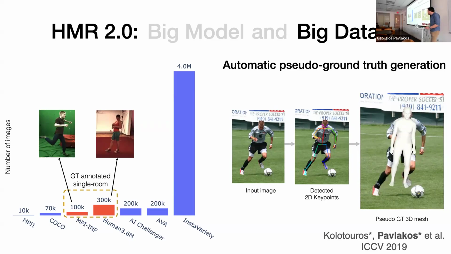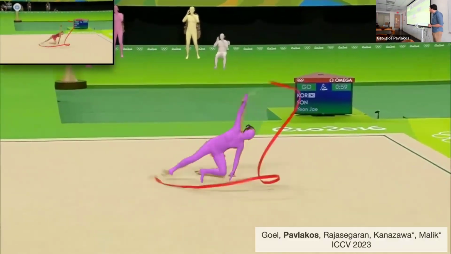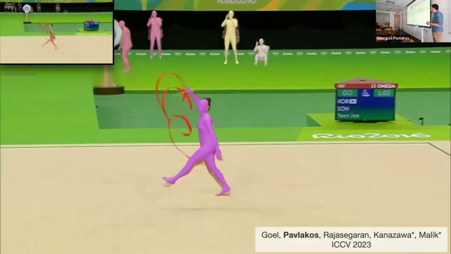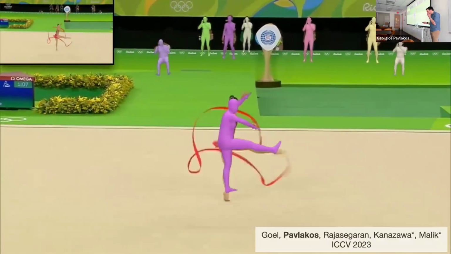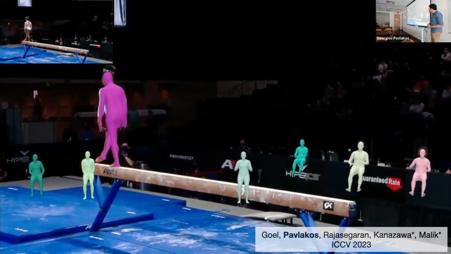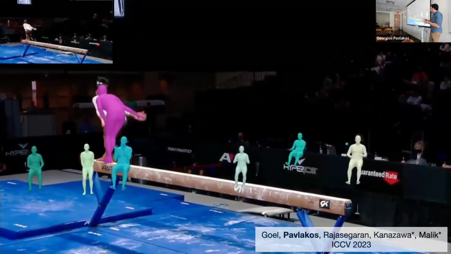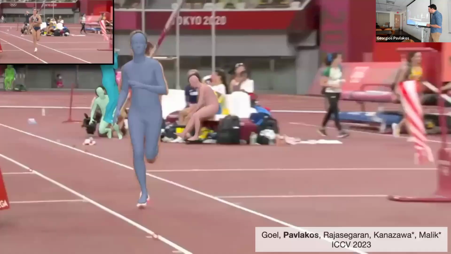Pretty far, actually. Here we tried this on a large variety of images and video. Primarily, we tried these more extreme motions from rhythmic gymnastics. We tried it on regular gymnastics, and on track and field. All those results are per frame results, so there's no temporal smoothing done here.